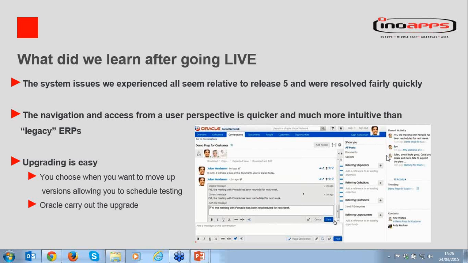Basically, now I just want to talk to you about what we are experiencing now that we are live. So at the beginning, we had, of course, a few issues like you would expect for any new implementation, but you can really feel the maturity of the product, and especially at that time we were on release 5, so 18 months ago. All the major issues have been fixed quite quickly by Oracle. And today, for your information, Oracle is releasing release 9, and release 10 is about to get out. So really, the maturity of especially the finance and procurement suites is very good.